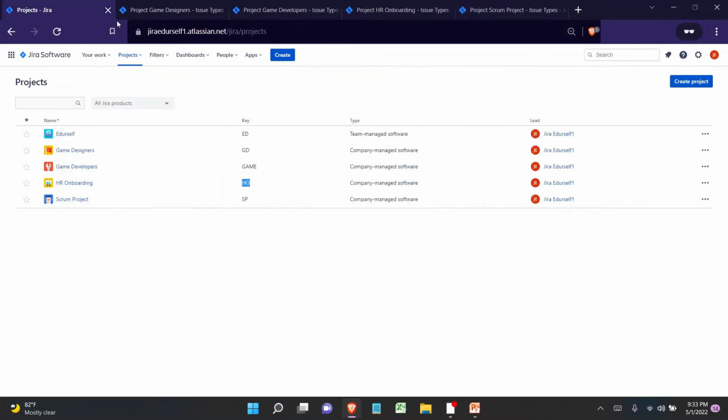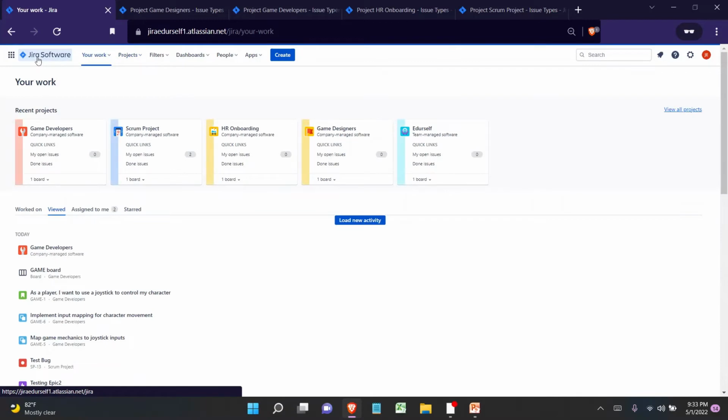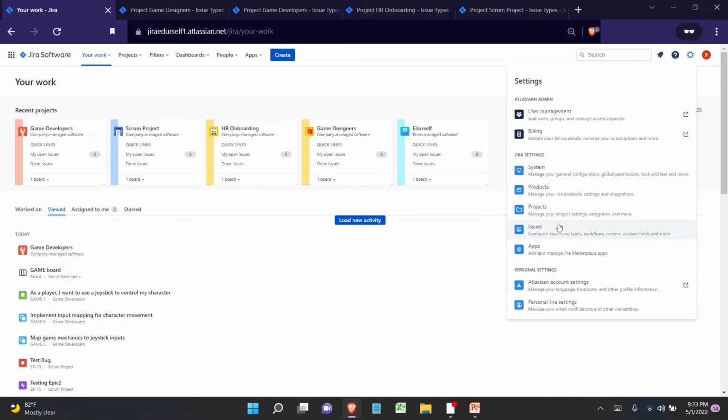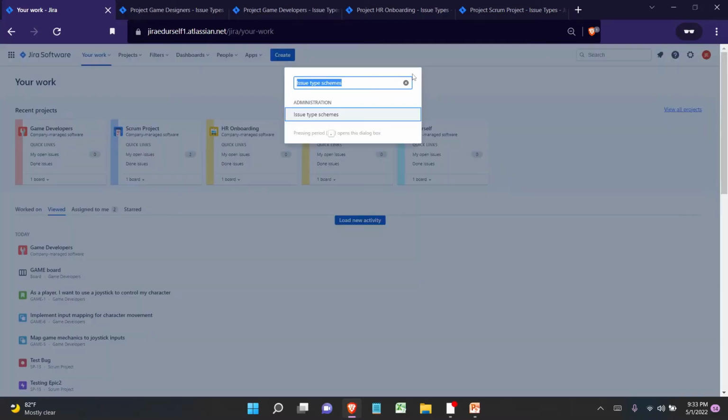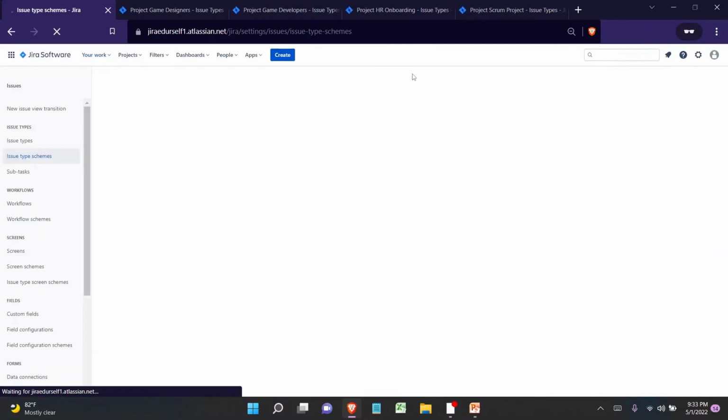So in order to do that, we have to define some kind of standard issue type scheme, right? So let's navigate to the issue type scheme in the global level. If anybody doesn't know the navigation part, it's very easy. By clicking on the admin cog and navigating to the issues option, we can directly fall into the issue types, and under that we can see the issue type schemes page. And as a shortcut, I can press full stop on my keyboard. A search bar will be opened and I can search for issue type schemes so that it will take me directly to the global level issue type